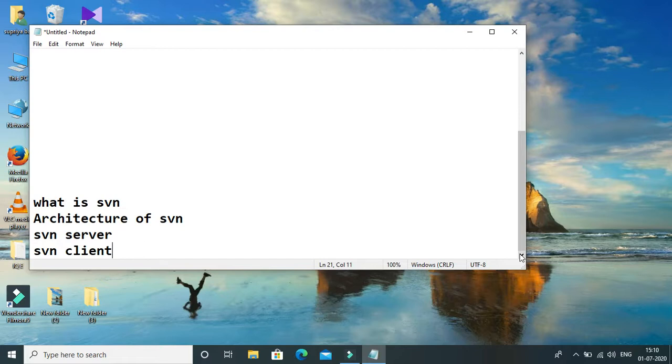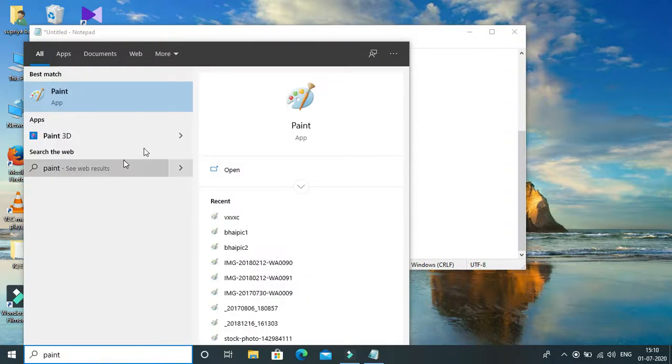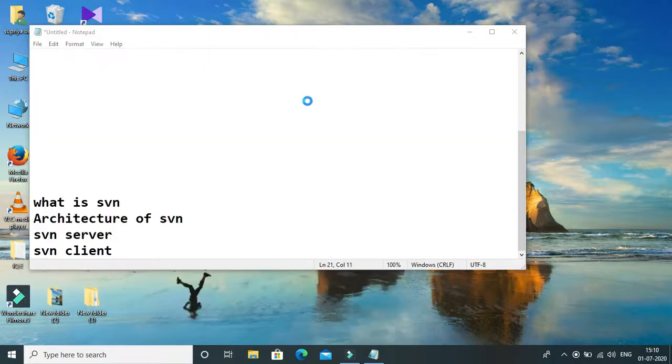It provides a centralized repository for storing and monitoring our project source code. Then the architecture of SVN. I will show you in a practical manner by drawing.